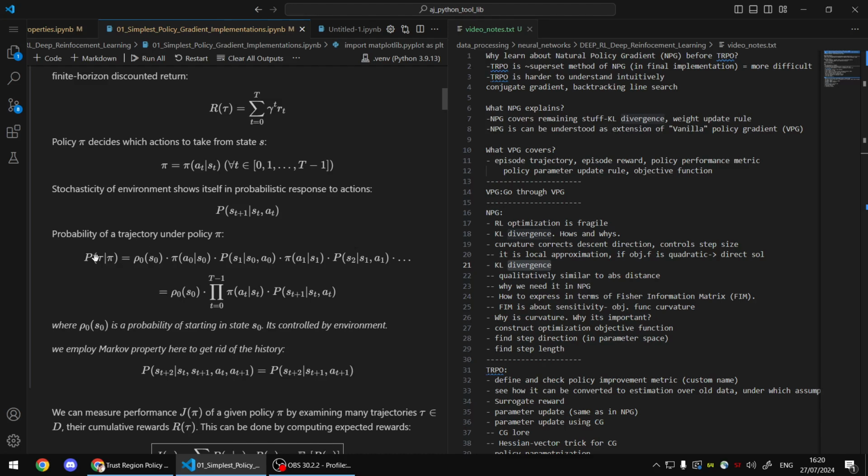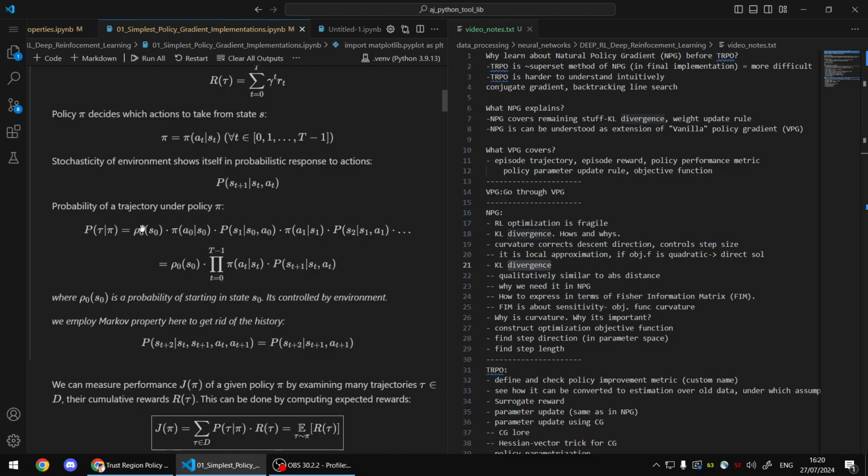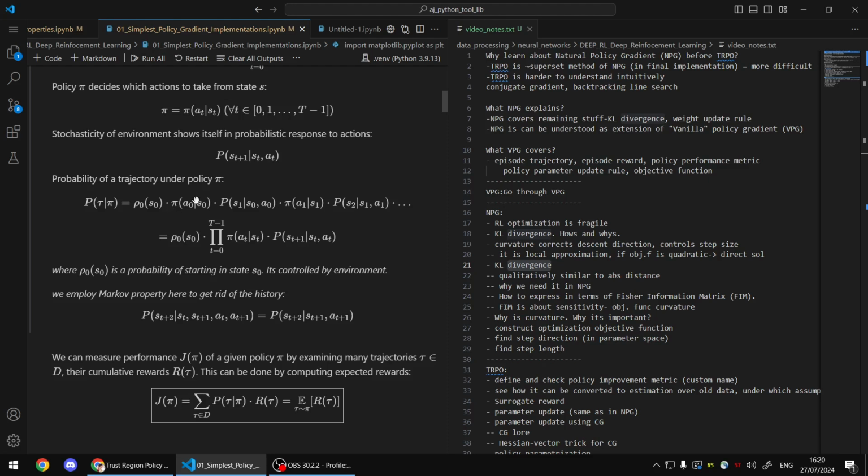You can write the probability of a trajectory as just the probability that you will start at state S0, taken from the environment's distribution of initial states, and our agent uses the policy to decide, based on this initial state, which action to take, and then the environment responds